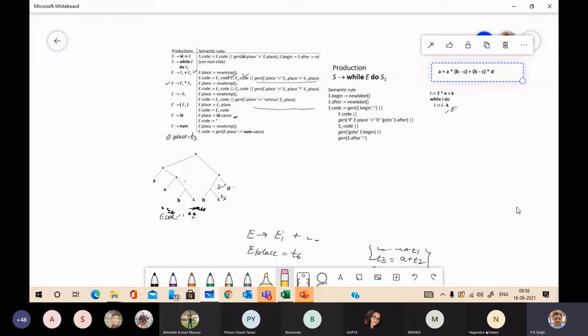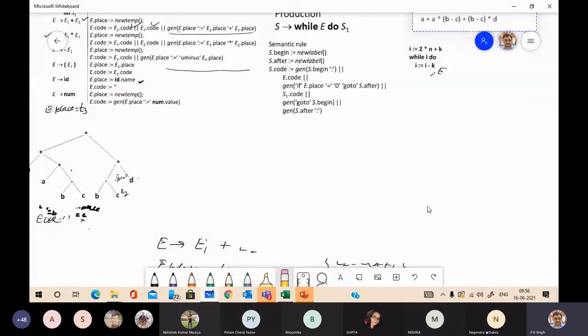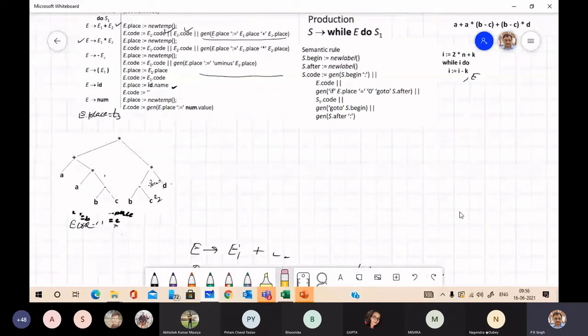Now see this while. How does while work? See this loop construct. While is a statement in any language.